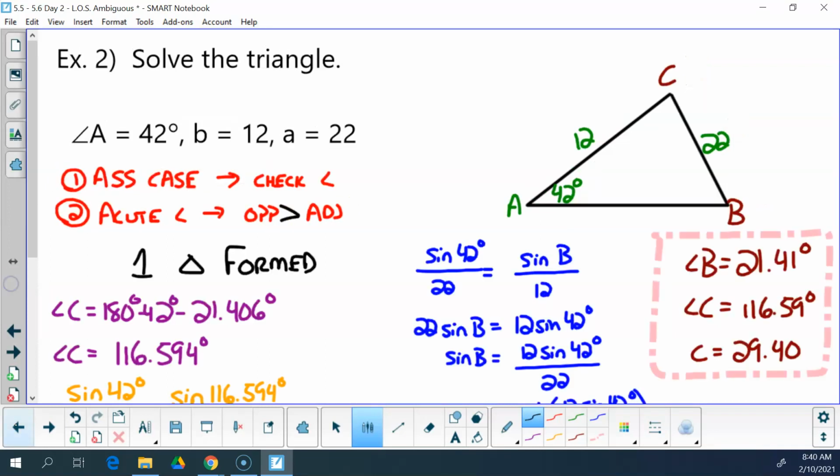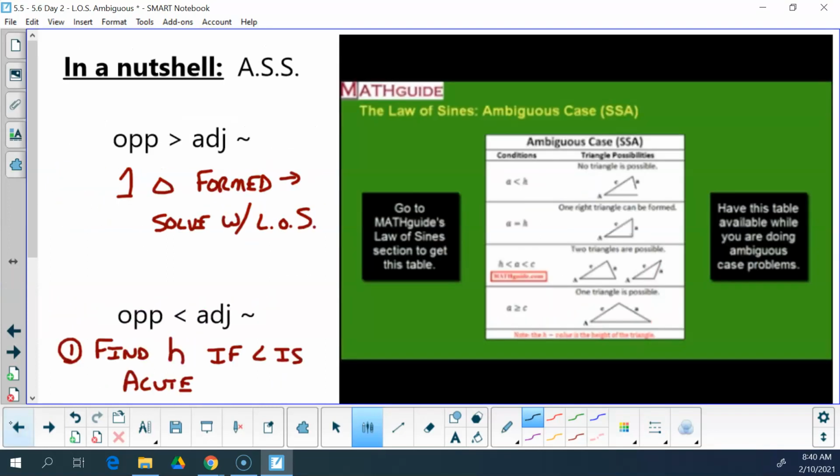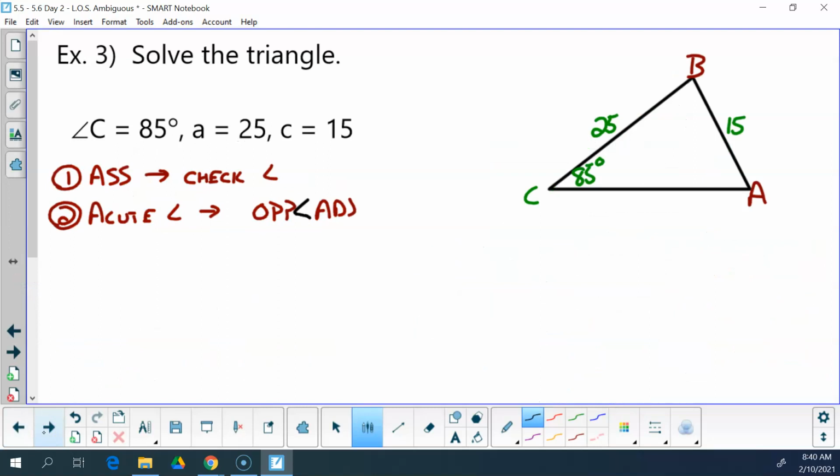Go back 2 slides. Opposite side is bigger, right? Or excuse me, adjacent side is bigger, so we have to check the height, correct? Okay. So that's going to be our next one. Our next step then is we need to check the height. So I'm going to drop in,